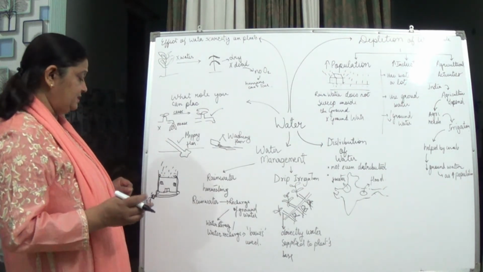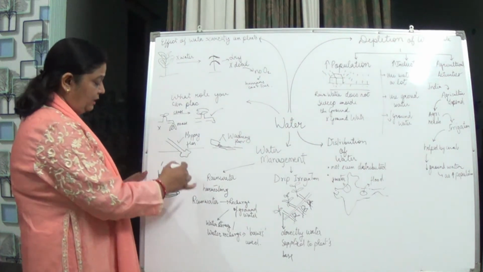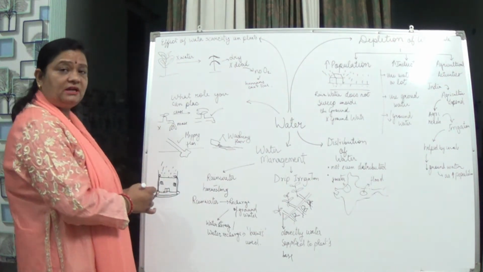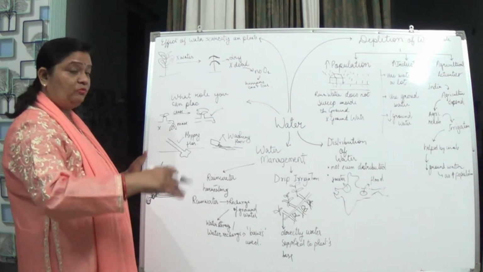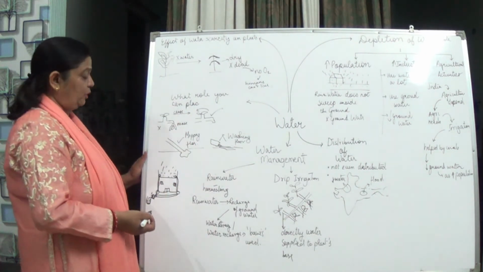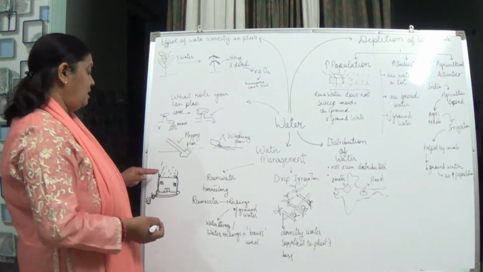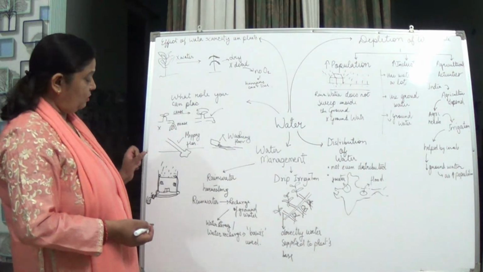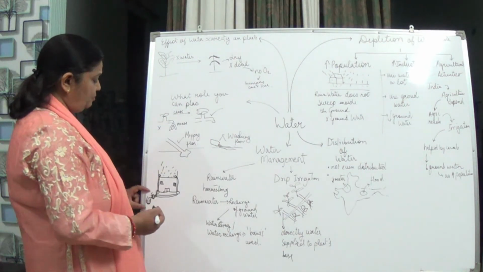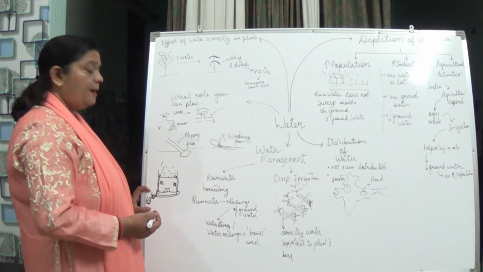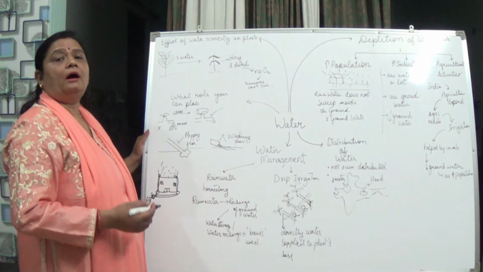One more thing is there: if there is a garden area, you can just keep the pipe towards the garden area, and the water can be used over there so that the water can seep inside the soil. Otherwise, if it is not harvested, there will be accumulation of water, and if it falls down it will evaporate or go here and there. So the best thing is to make a tank and collect all the rainwater,